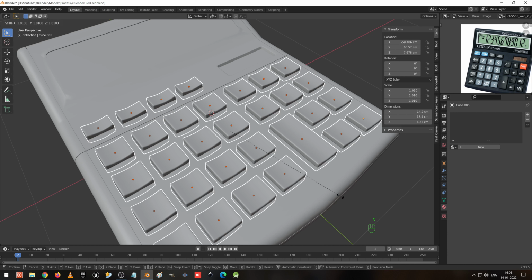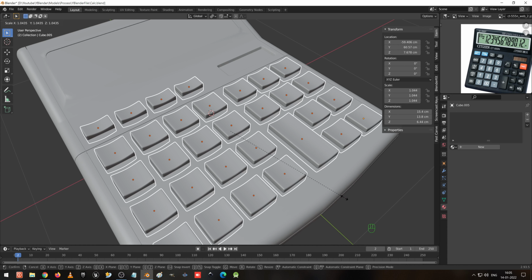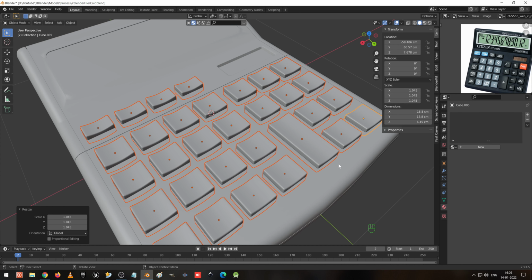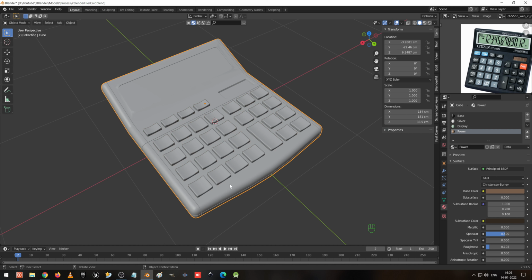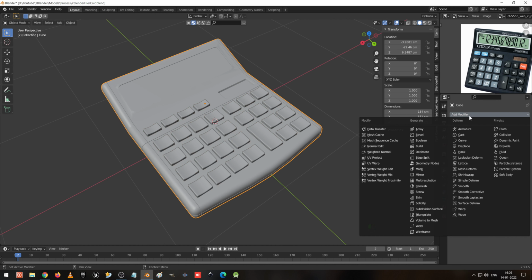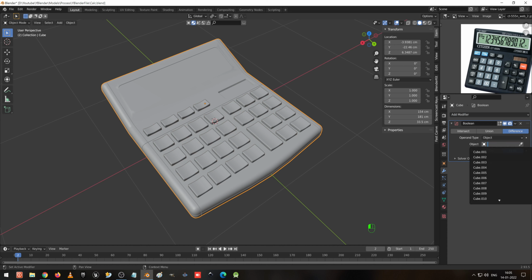So instead of that, yes to scale, move up to 145, right? And go to this thing and go to the play modifier, go to the boolean and select the